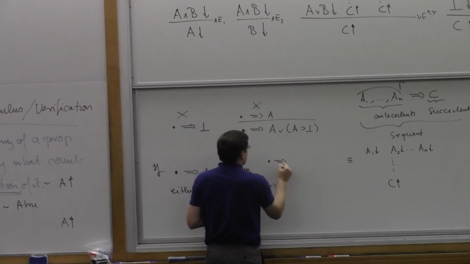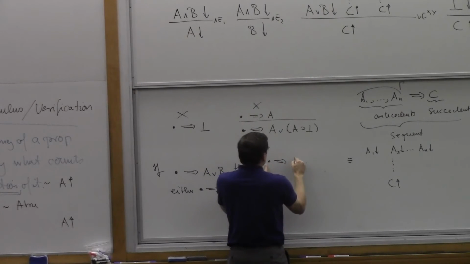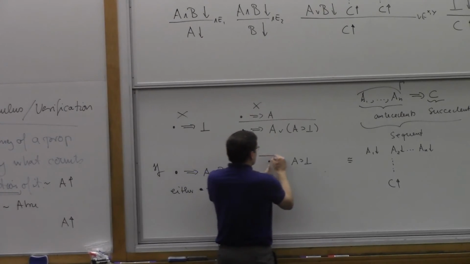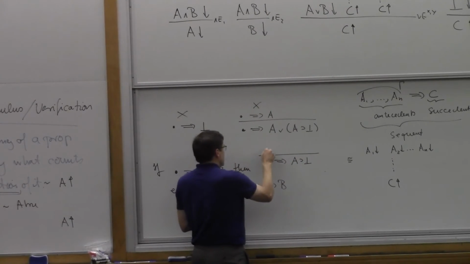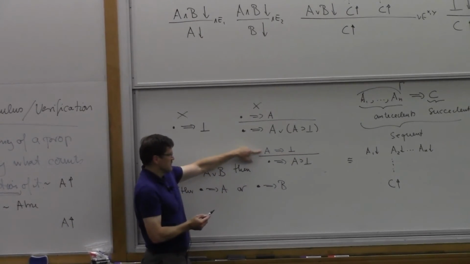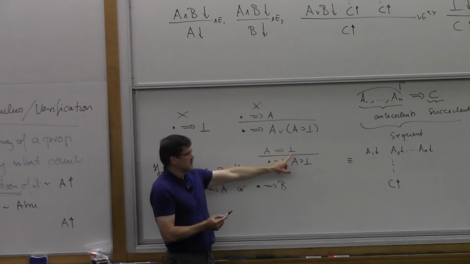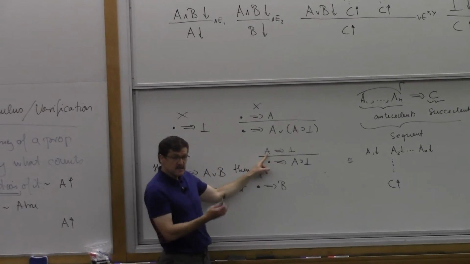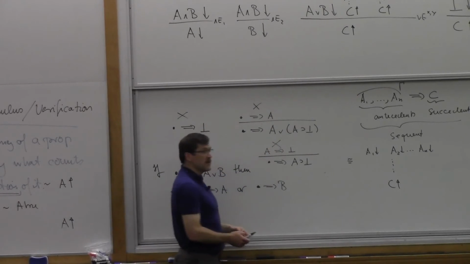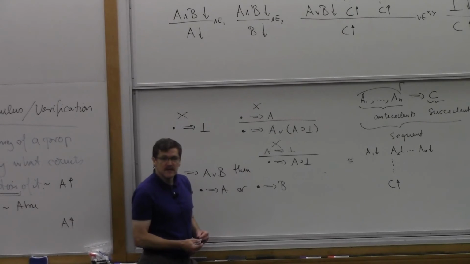So it must be that A implies falsehood. If I can prove that, then I can prove that. Well, how do I prove that? Well, there's only one rule applies. It means from A, I must be able to derive falsehood. Now, which rules apply here at this point? Is there a right rule for bottom? There better not be, because that means I could verify falsehood, which I can't. Is there a left rule for A? Well, I don't know what A is. This is supposed to hold for any proposition A, so there's no left rule for A. Okay? Okay, so I can't proceed here either. So I can't prove A or not A in general. It's impossible to do so in intuitionistic logic.